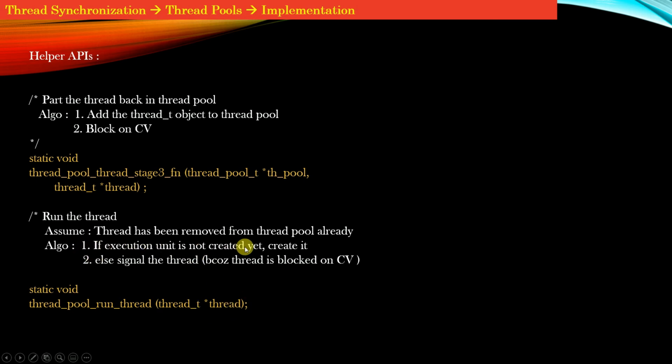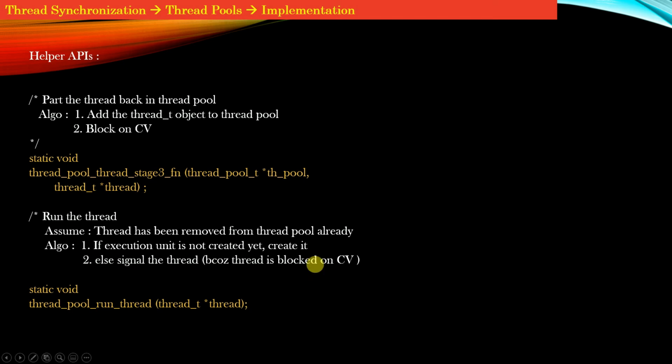So this API actually implements an algorithm which is split up into 2 parts. The first part says that if the execution unit of this thread object is not yet created, then create it, right? Here execution unit means invocation of the pthread create API on this thread object, right? And the second part of the algorithm says that if the execution unit of the thread is already created, it means that the thread has been blocked on a condition variable. In that case, we will only signal the thread on its condition variable so that the thread resumes its execution,